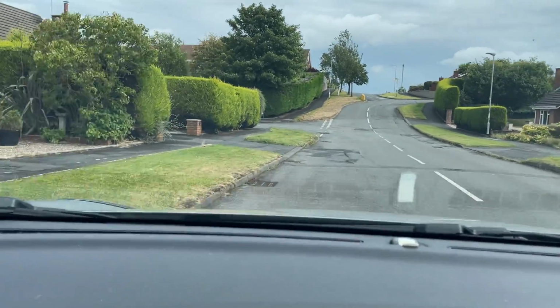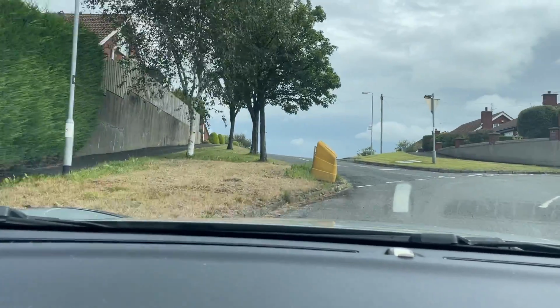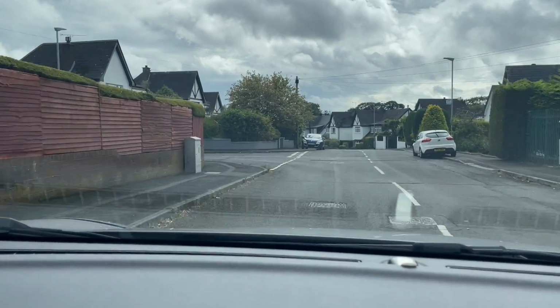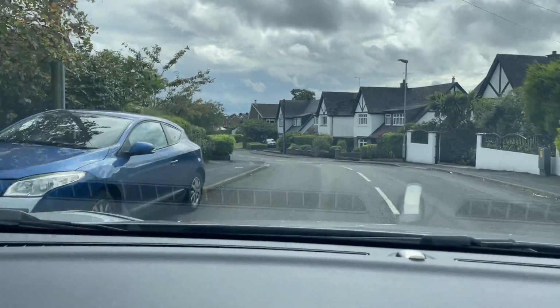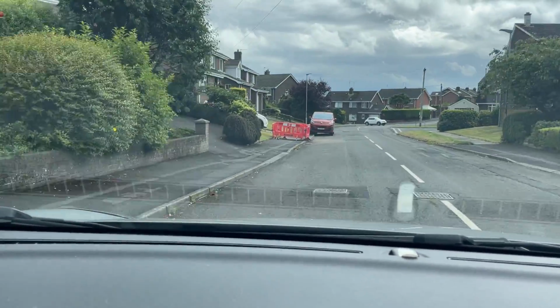You could be pulled in there to do a turn in the road exercise, and there's plenty of left-hand junctions for your reverse round the corner. So remember, you don't get all maneuvers on your driving test, just the emergency stop, fairly well guaranteed, and then one maneuver with reverse. So we're going to have to come over the centre white line a wee bit here